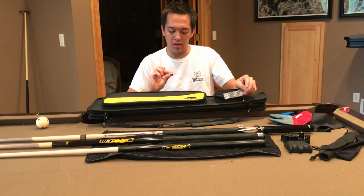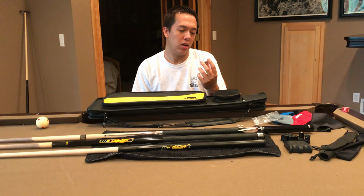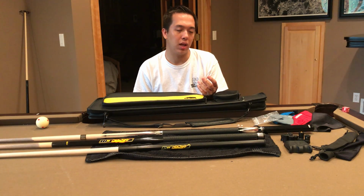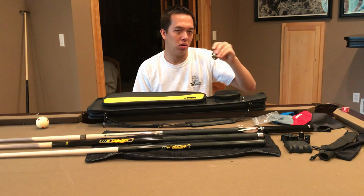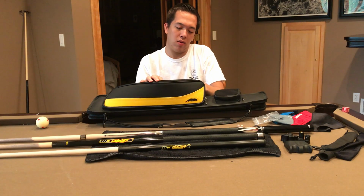This tip tool is awesome. It's the Willard's Dime Shaper, and I love it. I use it once a month on my cue, maybe once every month and a half, to get it to be a dime shape. It's really nice. Doesn't seem to wear out, so it's great. So I have that plastic bag,